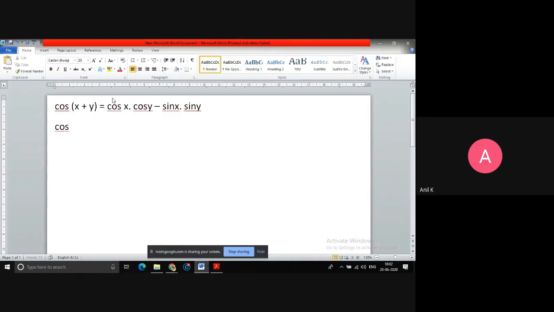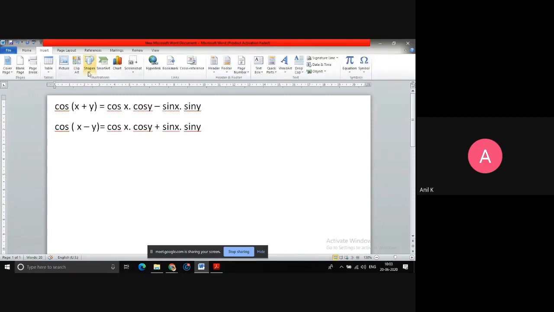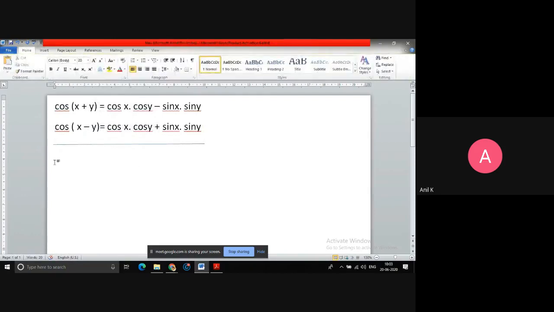Similarly, another formula we discussed, which is cos (x minus y) will be equal to cos x cos y plus sin x sin y. So let me copy and paste. Instead of minus, here you'll get plus sign. These are the two formulas which we already knew, and we already used these formulas for different types of questions. Now, when I add both of them, add LHS and RHS and see what you get.